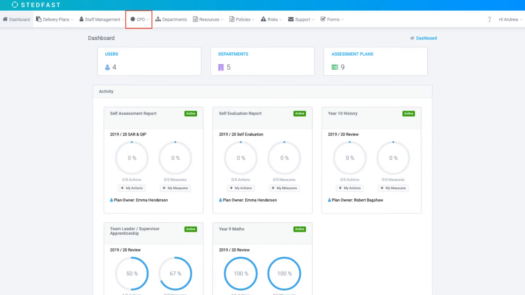The CPD Management module allows users to request and record their CPD activities and for managers to track and manage CPD for the whole organisation. Organisations can easily manage their policies and procedures and ensure they are up to date through the annual review features. The Risk module is designed to support safeguarding activities by enabling risk assessments to be conducted across the whole organisation's